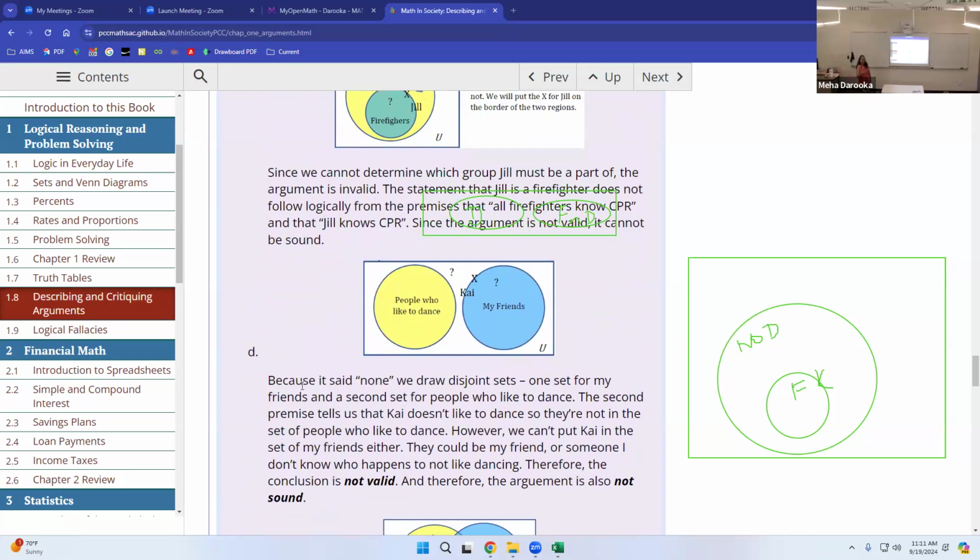So you were almost there. Because you did have the people who like to dance, which I know you cannot see over the writing. But your second circle did not have to be specifically friends who do not like dancing. Kind of like I was telling Anna here, right? So if